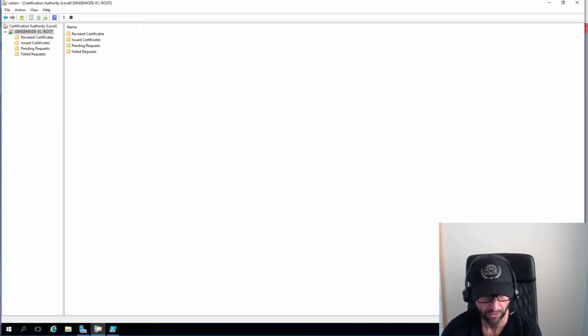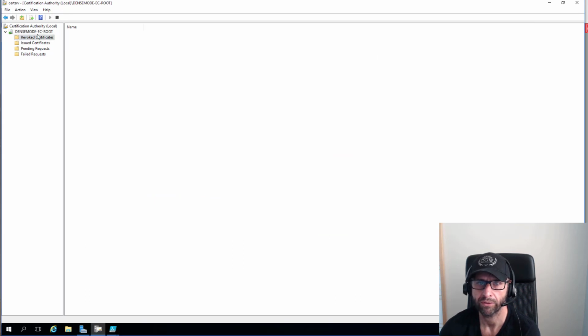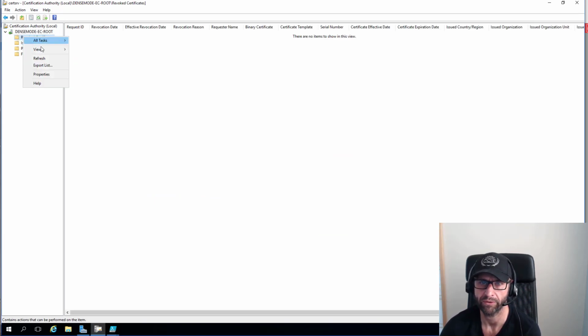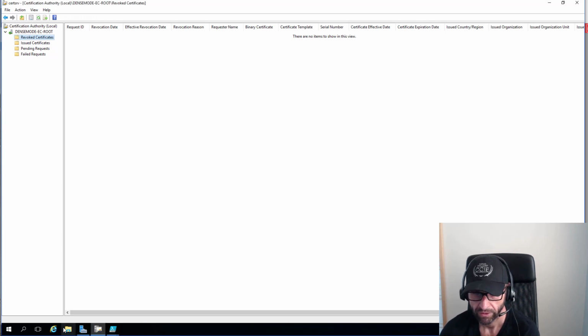So let's flip over to our enterprise issuing CA and configure it. Oh, I missed a step. A couple steps. This is why you write everything down, right? Publish CRL. So this is done. This is done. Publish CRL. So let's publish the CRL. The easy way to publish a CRL is you just right click on revoked certificates, all tasks, publish. You can also do it with certutil from the command line too. Okay, cool. And that CRL and the certificate should live